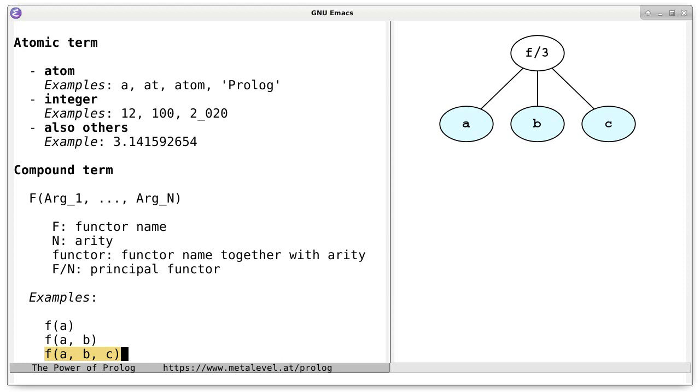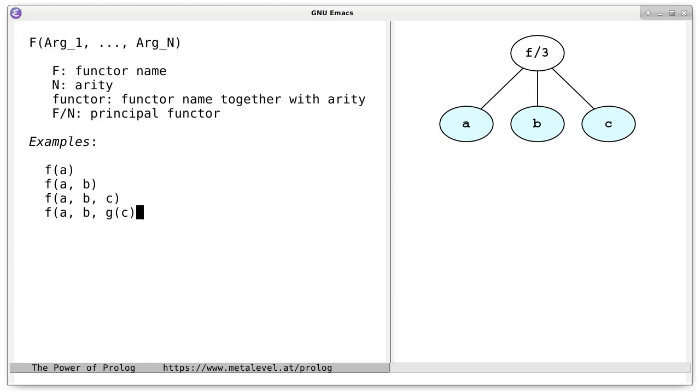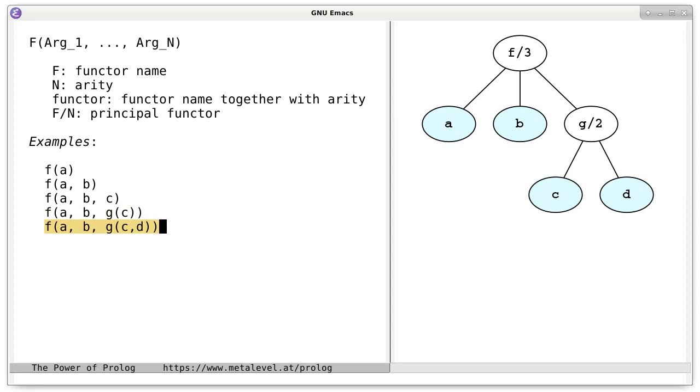Let us turn one of these arguments into another compound term, say f(a,b,g(c)), or f(a,b,g(c,d)). These are more deeply nested compound terms. Here is another example. In this case, one of the subterms is a variable.